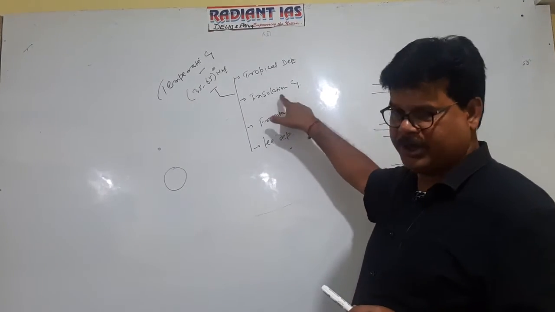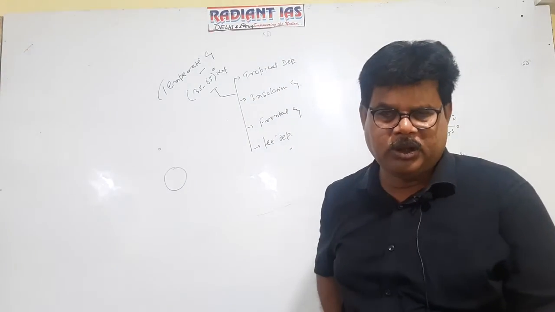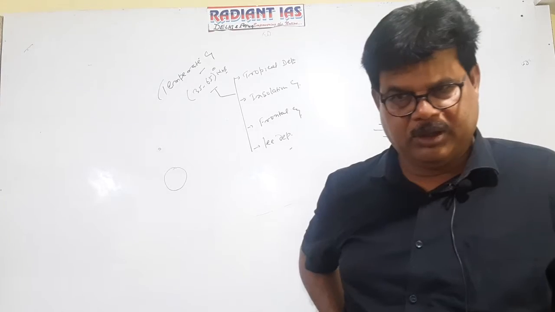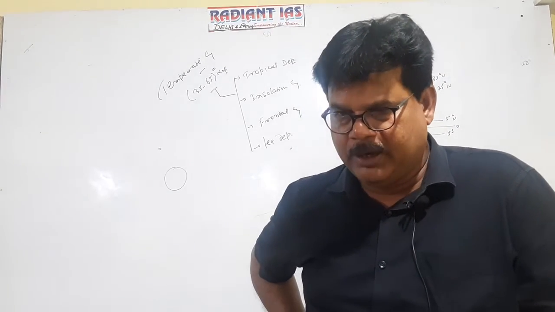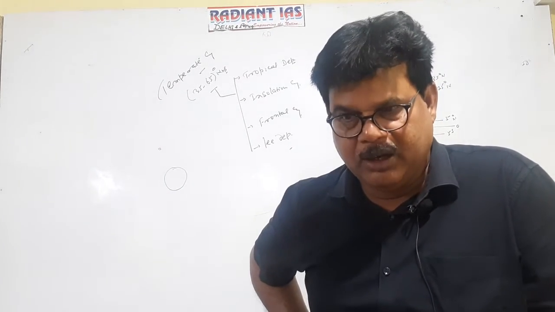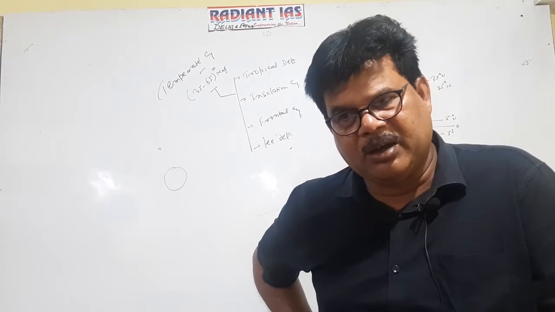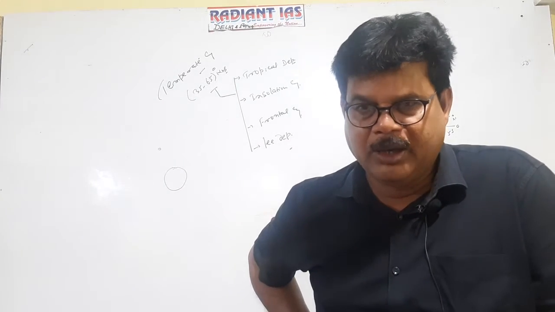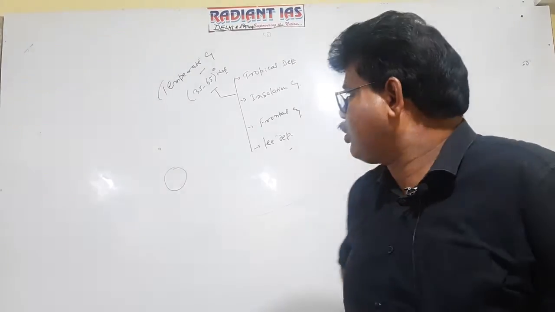Second is insolation cyclone. Normally, in case of temperate cyclone, the low pressure is dynamically induced. Getting well now? But Humphrey was an important climatologist who said that sometimes, due to thermal heating by insolation, low pressure is created in the temperate zone, which later converts into a temperate cyclone, and this is referred to as insolation cyclone. Okay, insolation cyclone.